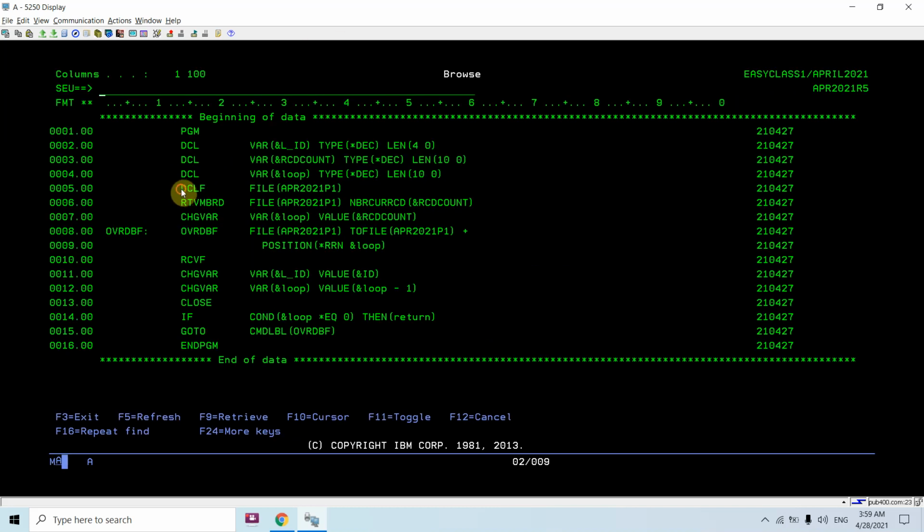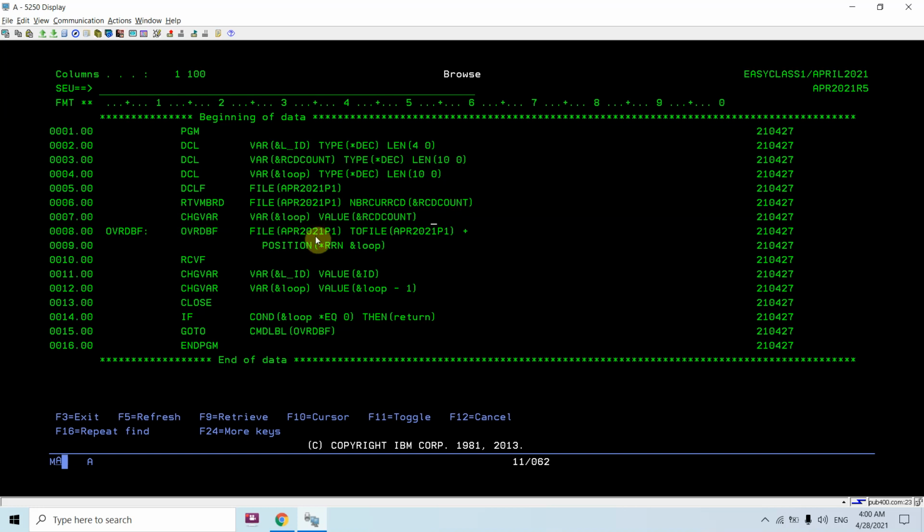You can see I just declared that file, and what I am doing is retrieving the number of records in that file. If that file has 4 records, I would be retrieving the record count as 4. Then I have taken a variable loop, and I am evaluating that record count in the loop variable. So loop currently has a value 4.